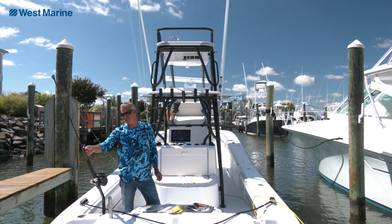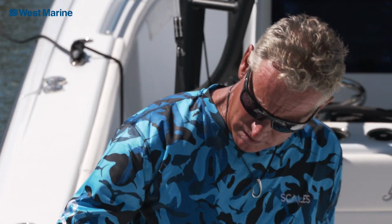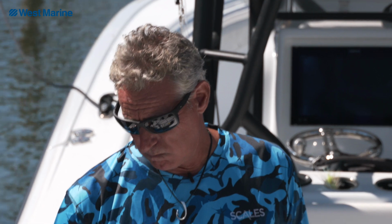But this braid is super tough and super skinny. You can get a lot on here. I don't like to use 80 on these Beastmasters because if I decide to go swordfishing and I get over 1,200 feet, I might not have enough. So I use 65 pound for everything. 65 guarantees I can fish out to 2,000 feet and still have enough line on the reel to fight a